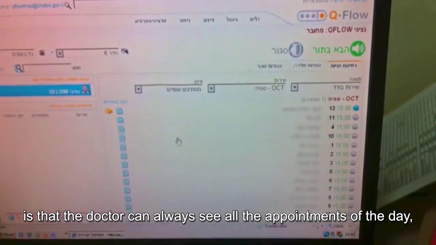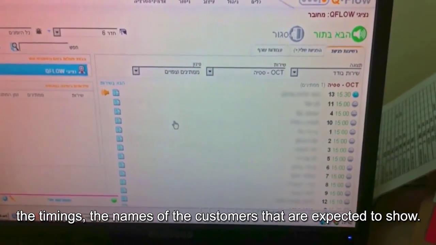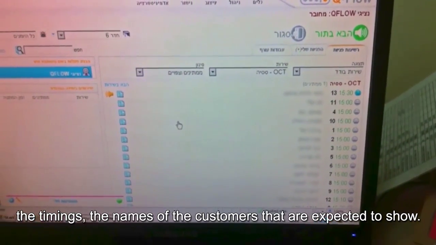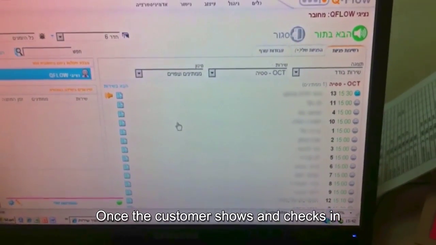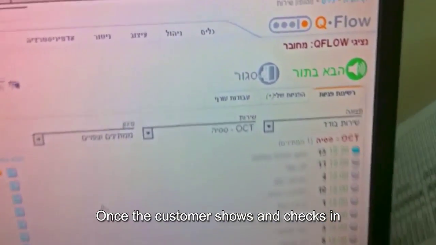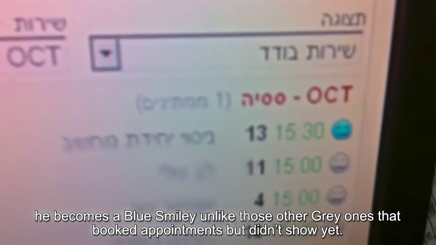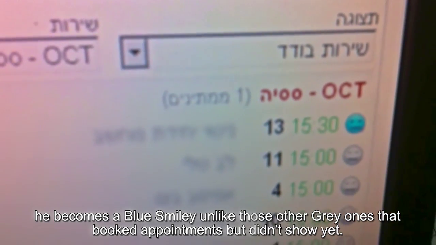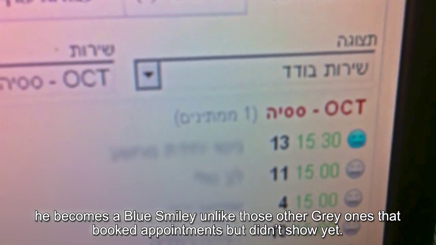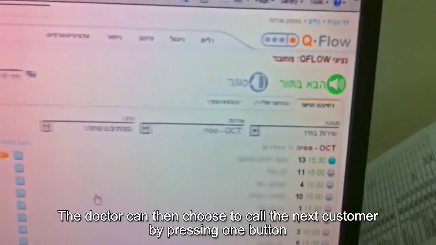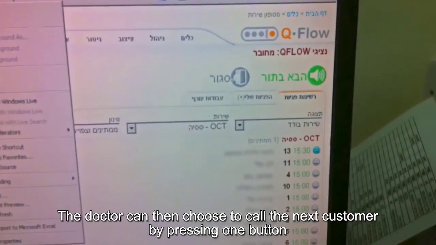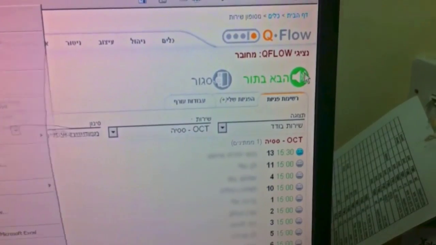can always see all the appointments of the day. By the time that they were submitted, he can see the names of the customers that are going to show. And once a customer shows and checks in, he becomes a blue smiley, unlike those other gray ones that booked an appointment but didn't show yet. The doctor can then choose to call the customer forward by pressing one button,